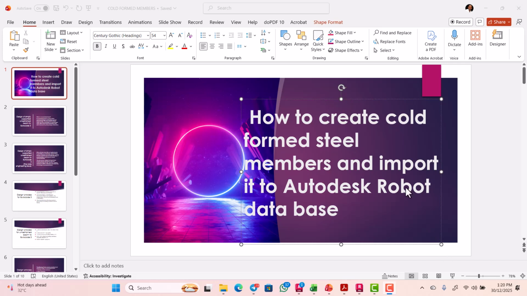Today we want to learn how to create cold form steel members and import them into the Autodesk Robot Structural Analysis Professional software database. Now, if you are someone that uses Autodesk Robot Structural Professional, you realize that one of the